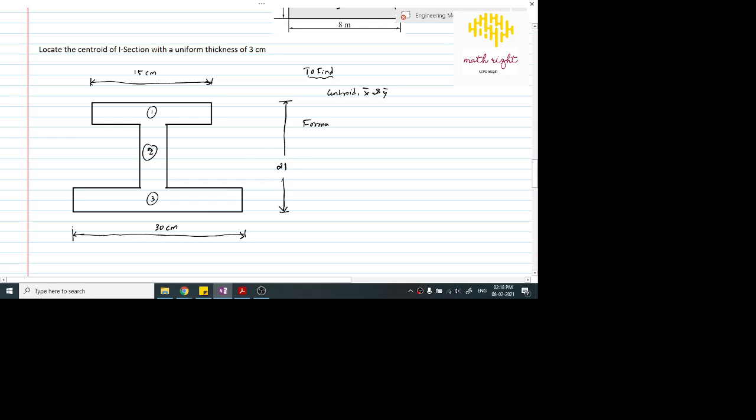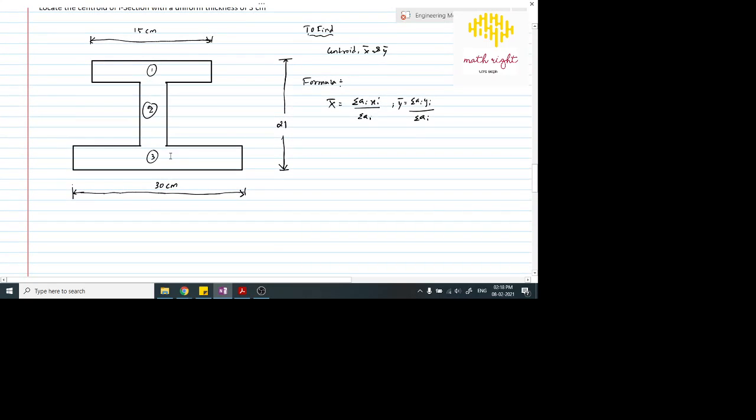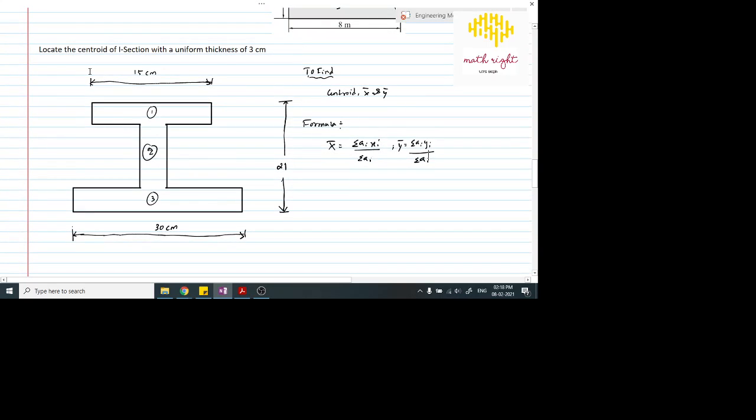The formula for calculating a centroid: for x bar it is sigma ai xi divided by sigma ai, whereas for y bar it is sigma ai yi divided by sigma ai. This is the formula. Okay, so here there are three sections, so we want to find the